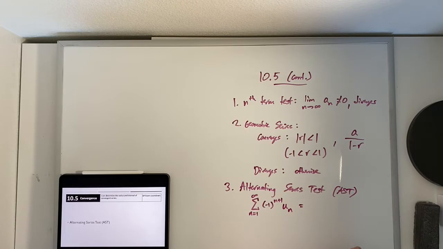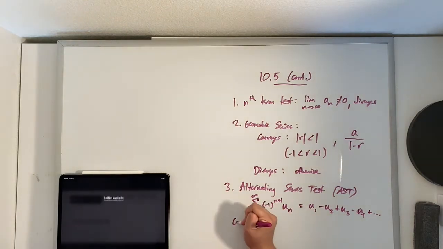What does this actually look like? So that means our first term is going to be positive, minus our second term, plus our third term, minus our fourth term, and so on. Then this series will converge